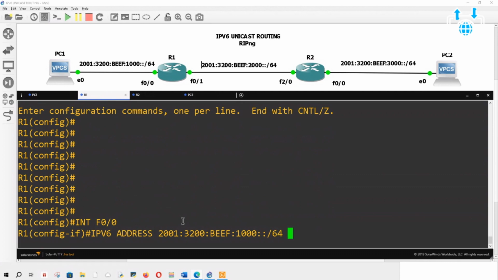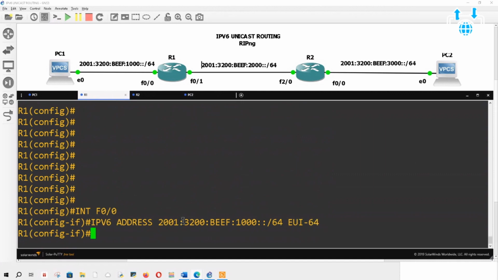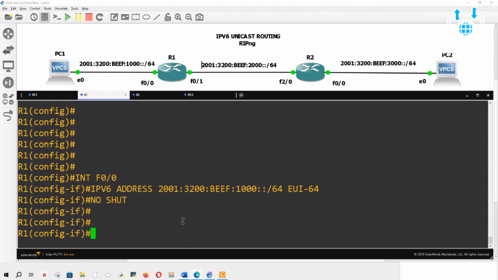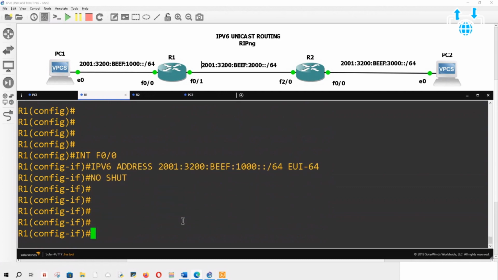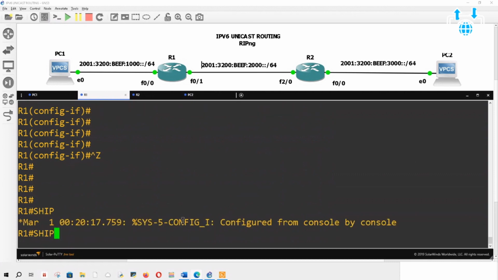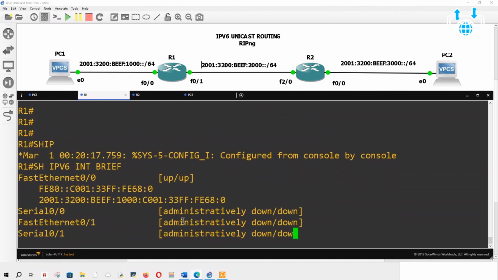We'll use the nice little feature, eui-64, which gives us an interface ID. We do a no shut on there. Awesome. So let's take a look at it real quick. Show ipv6 interface brief. And there it is.